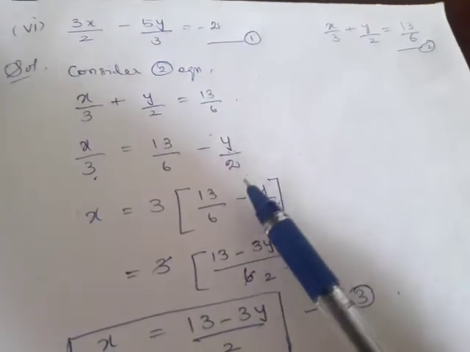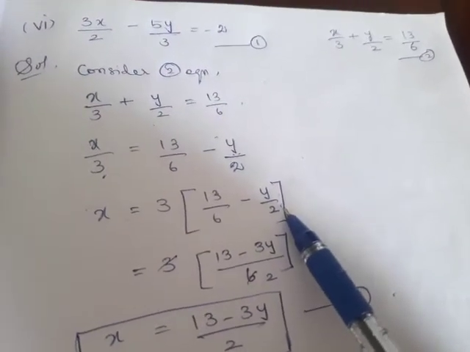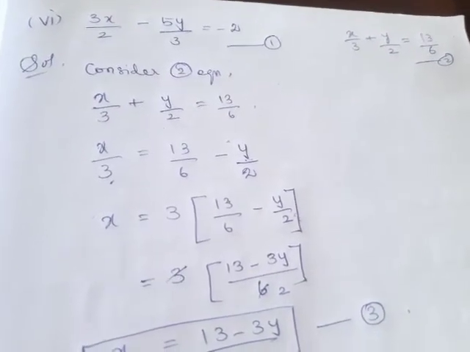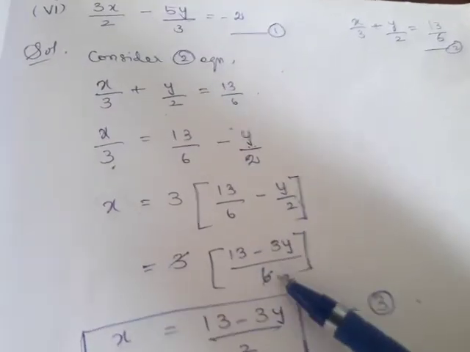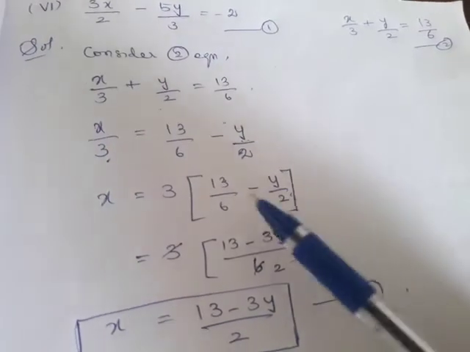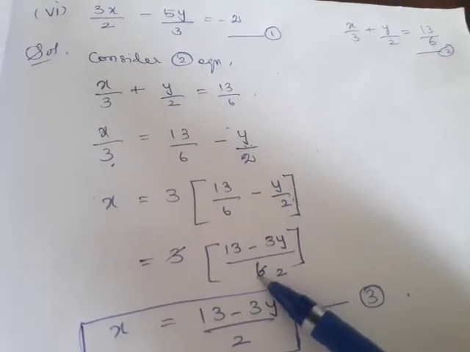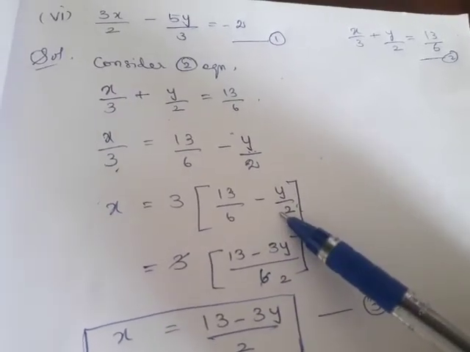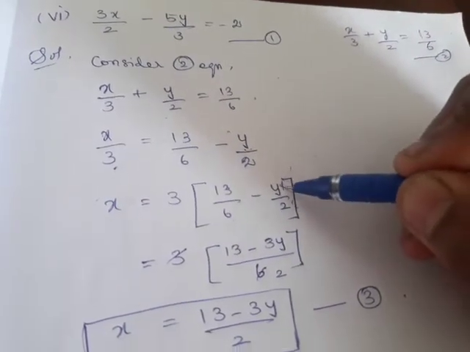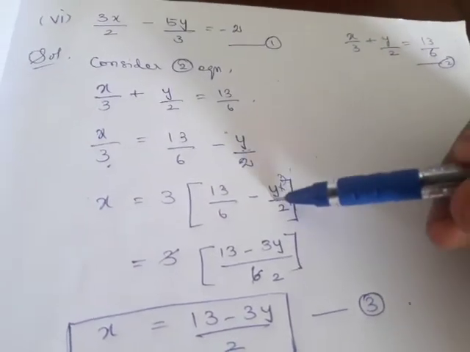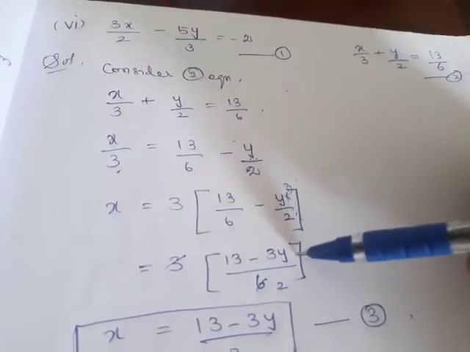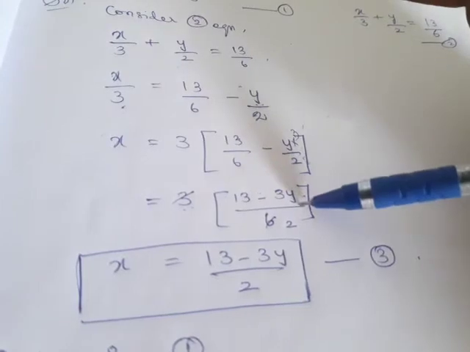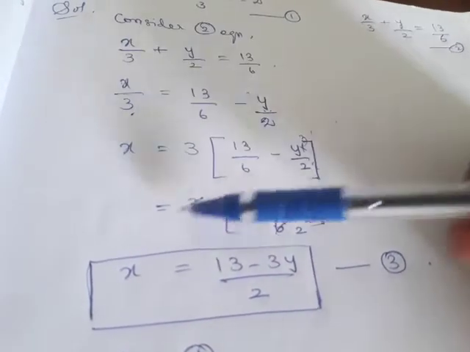We can't do any sort of arithmetic operations unless and until we have a common denominator. Right? We can't perform addition or subtraction if we don't have a common denominator. So take a common denominator, which means LCM. So 6 and 2, what is the LCM? 6. Right? So here we have 6 as our denominator. So 13 minus, here we have only 2 as our denominator, so what should be multiplied here? 3. Two 3s are 6. So 3 into y, 3y. So 13 minus 3y divided by 6, and here we have 3. Since this 3 is common for the entire term, you can cancel this 3 and 6. How many times?